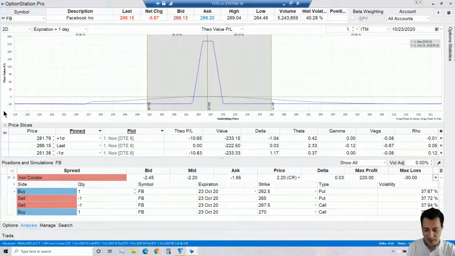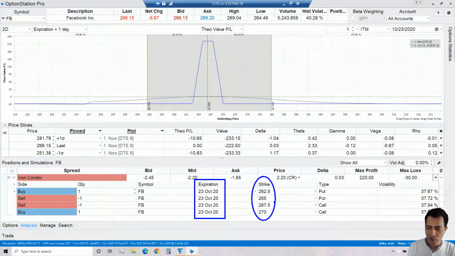Yeah, thanks for that. So what do we have? Okay, so we have expiration date 23rd of October. So forget about the strikes for now. Of course, they're critical, but right now I'm not focusing on the strikes. Okay, so forget about the strikes. And with that expiration date, we have calculated one standard deviation above and below. So basically, what Option Station Pro is doing for us is grabbing the data when it comes to implied volatility information and projects price movement into the future,